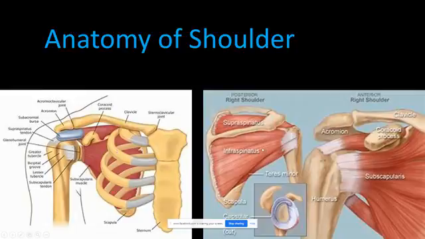So you have 4 rotator cuff muscles. You have your supraspinatus muscle, which is the one that's kind of on top here. And then you have your infraspinatus and your teres minor. And then on the underside of the shoulder blade, so between your shoulder blade and your rib cage, you have the subscapularis muscle. Okay, those 4 muscles combined make up the rotator cuff.